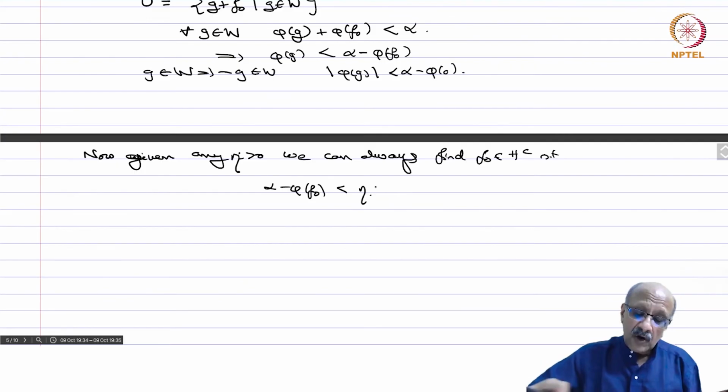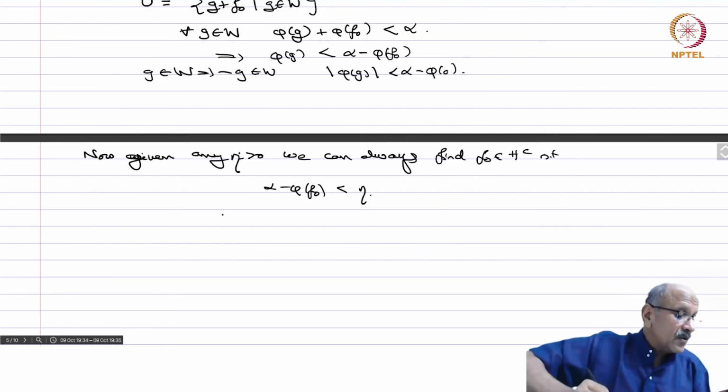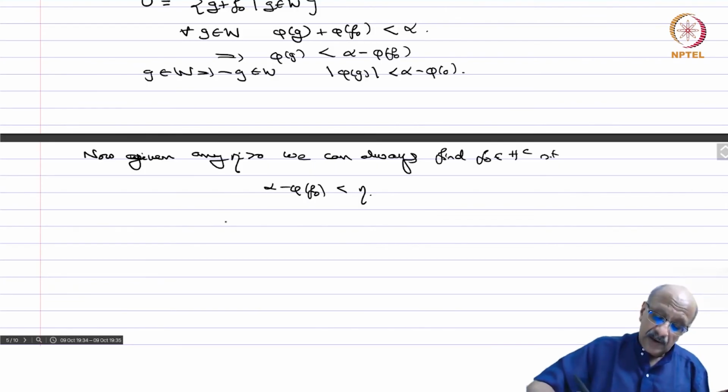choose, because you take a point in H, everything is f of x, phi of f is equal to alpha. Take an f naught for which phi of f naught is strictly less than alpha. Draw a line between these two, and then as you move along the line, by the intermediate value theorem you can get any number which is less than eta. Okay, so this is possible, and therefore you have that